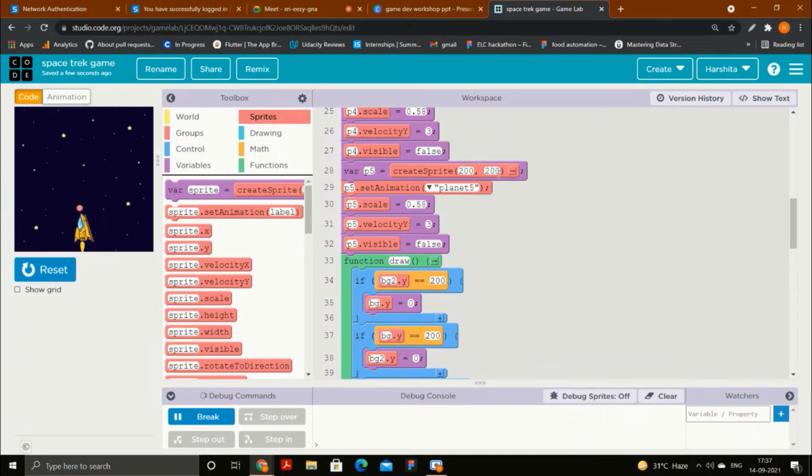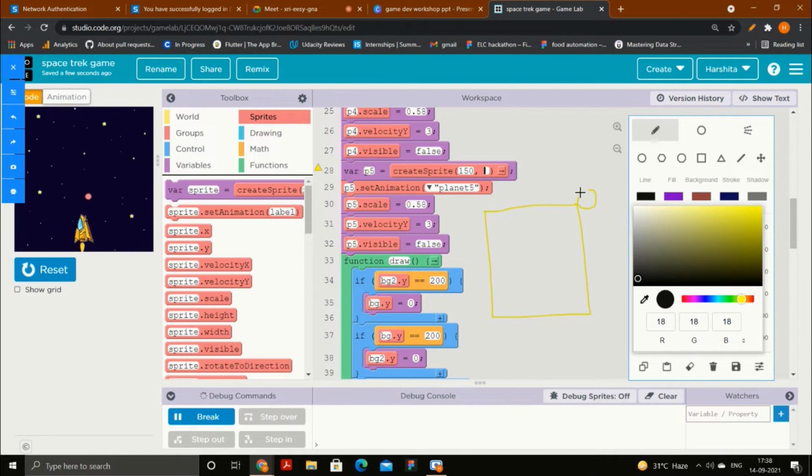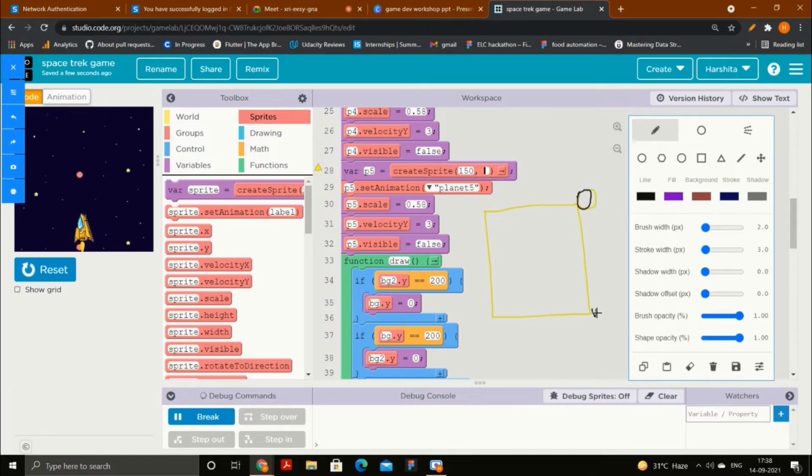See, don't put any planet in the middle of the screen. It will create trouble. So what I will do, I can put any negative value, right? Why a negative value? See, this is my screen, and the y-axis starts from 0 at the top and ends at 400 at the bottom. If I want my planet to come from the top, from outside the screen, can I choose a negative value? Because if I go further up, what will happen?